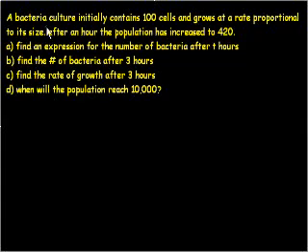It says a bacteria culture initially contains 100 cells and grows at a rate proportional to its size. After an hour, the population has increased to 420. So it first says, find an expression for the number of bacteria after t hours. In general, when you're dealing with exponential growth or exponential decay, or continuously compounding growth or continuously compounding decay, although you'll very seldom hear that term,